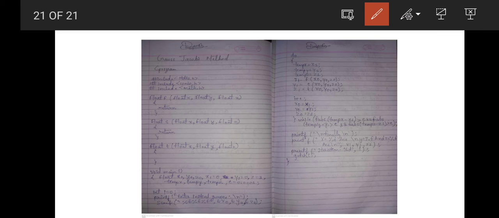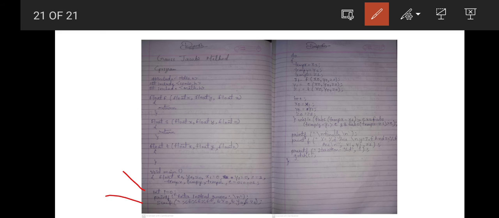Then we have int i, initialized to 0. First we take the initial guesses from this piece of code. Then we have a do while loop which keeps running while the absolute value of tempx minus x1 is greater than e, tempy minus y1 is greater than e, and tempz minus z1 is greater than e.